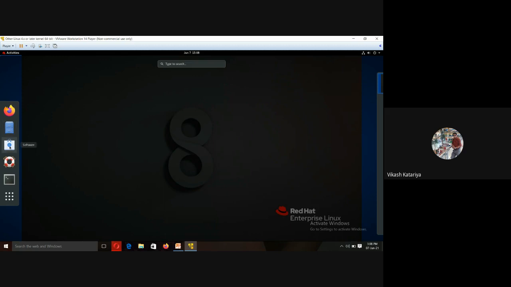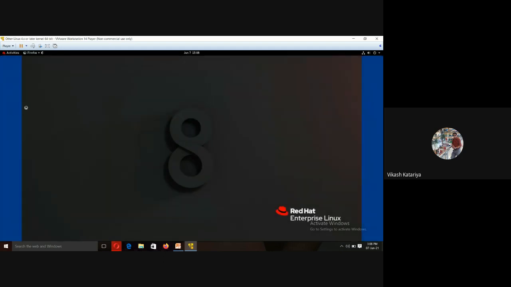Linux also has a list of built-in software, as Windows contains. Similarly, help menus, then terminal, and some application software. If you click Firefox, that is the built-in browser provided by Linux.